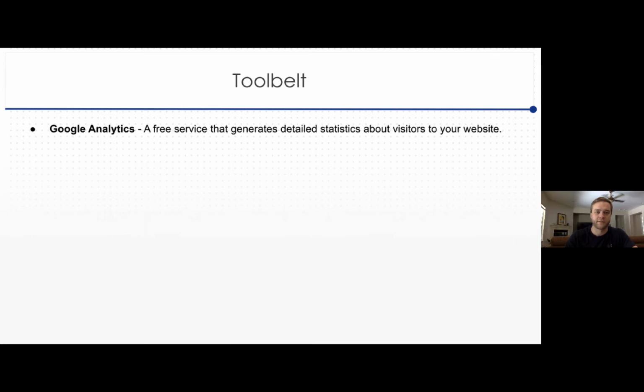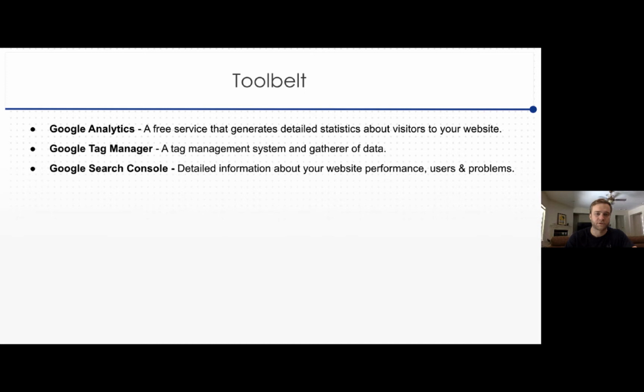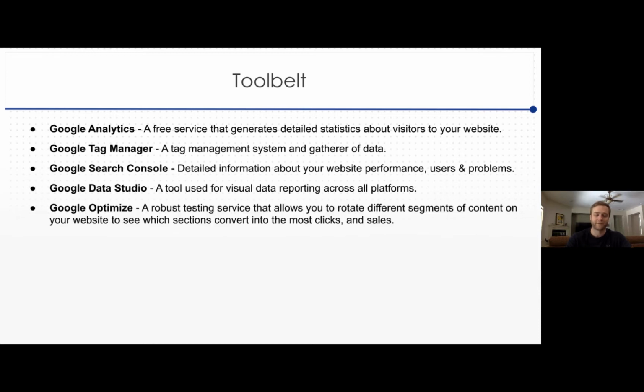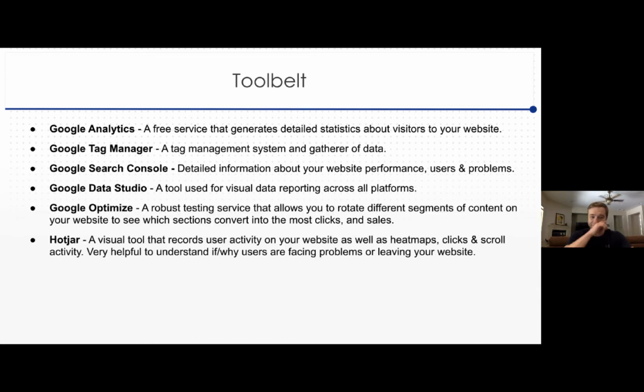So the tools you're going to need: Google Analytics, Google Tag Manager, Google Search Console. These are all free tools provided by Google that help you measure activity on your website and give you actionable insights. Google Data Studio, Google Optimize, Hotjar, which is a third-party tool that allows you to actually see what people are doing visually, almost like screen recording,